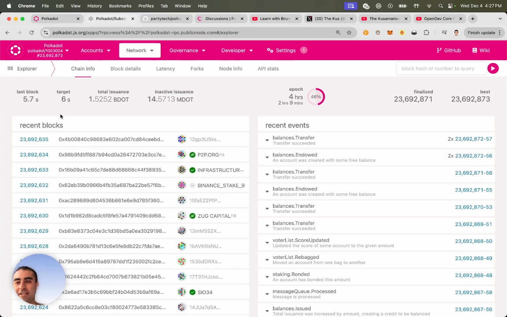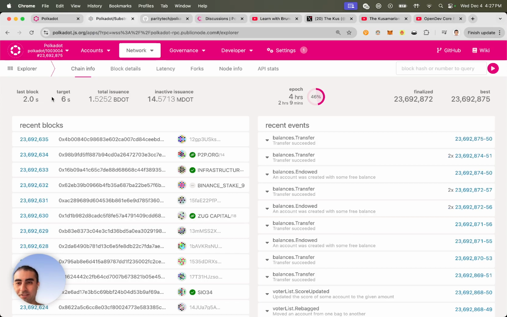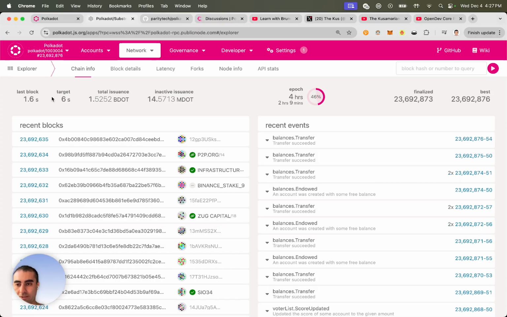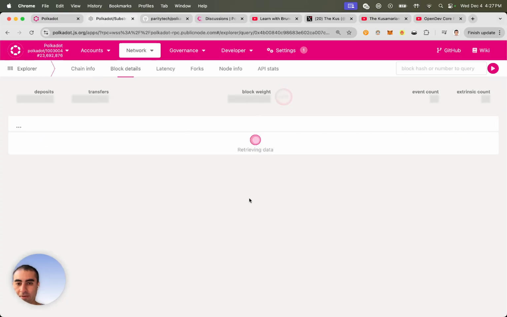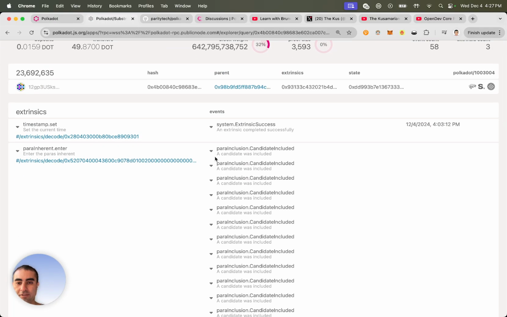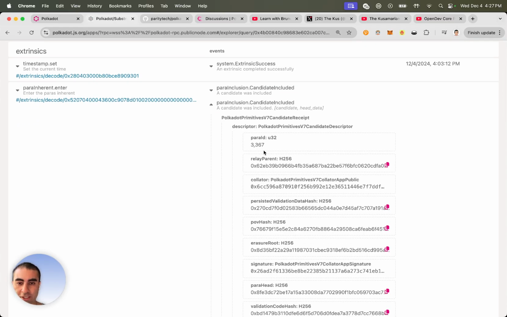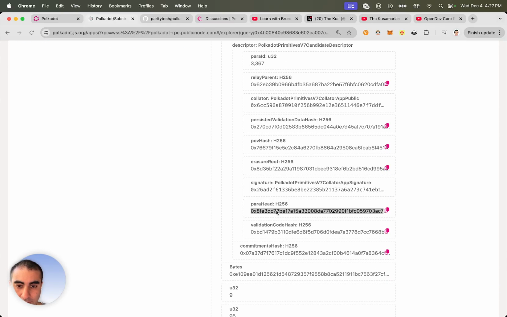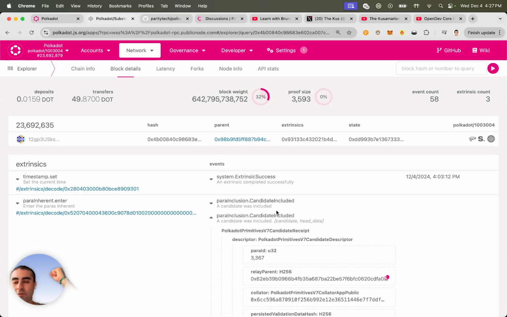So what we're looking at here is the Polkadot relay chain. Its number one functionality is to finalize parachain blocks. So parachains are L1 blockchains that are connected with this Polkadot relay chain. If I look at any of these blocks, if I click in here, you can see that it's finalizing, it's including the parachain's block, in this case, parachain with ID 3367. It's including the block here, the para head, you can see it there. So the relay chain's main duty here is to finalize, put that final stamp on the parachain's block,